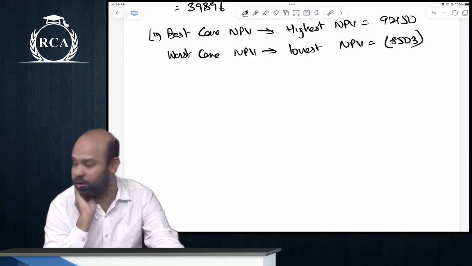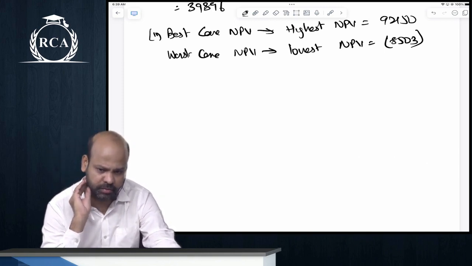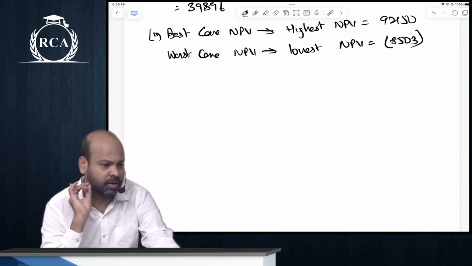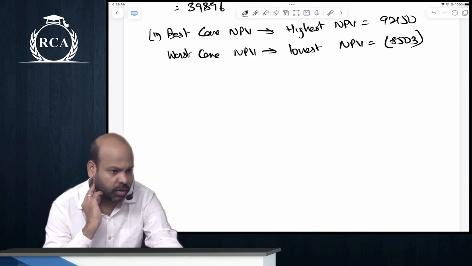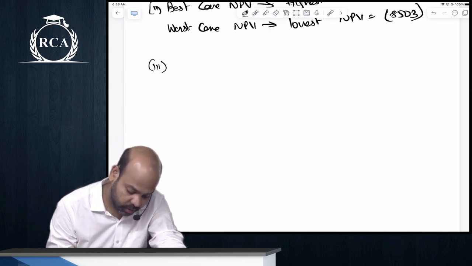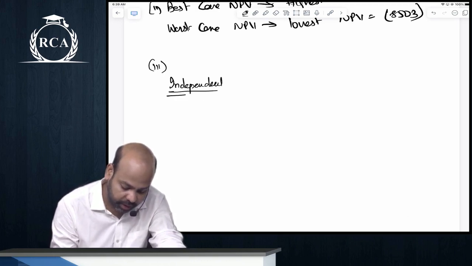Any other answer? Yes, beta. 0.3 power 5. If the cash flows are independent, guys, it means whatever is happening in the second year is nowhere